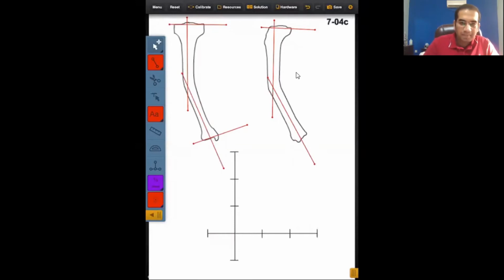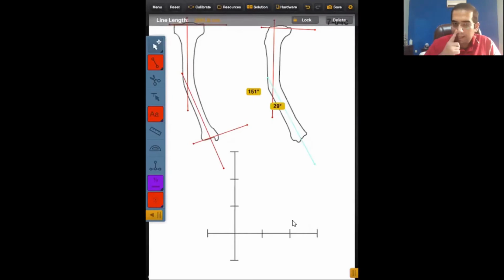As you can see, the apex here is lateral, but the apex in the lateral view is anterior. I would say it's a varus procurvatum deformity, because the apex is lateral and anterior. So again, I told you that this is anterior, this is the medial side, this is the lateral side, and this is the posterior side.